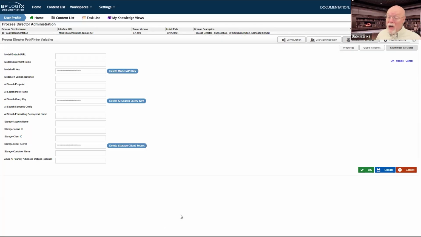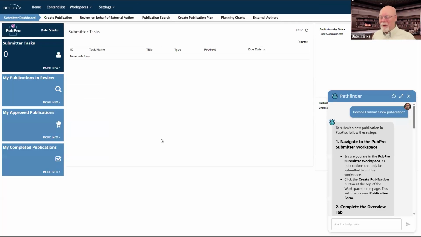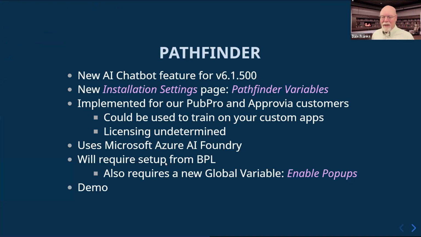But when you upgrade to 6.1.500, you're going to see this page. So I'm explaining to you why you're seeing that page whenever you do the upgrade and what its significance is. Once we iron out the licensing issues and decide how we're going to get it to end users and customers, I'll have updates in the future for that.